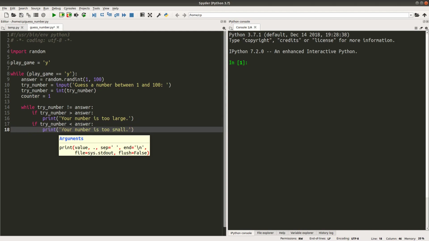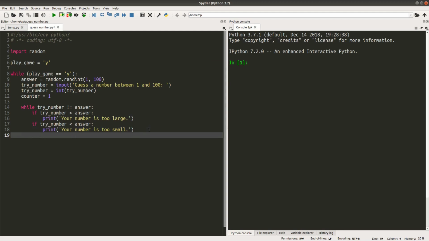On the other hand, if the user input is smaller than the correct answer, it means that the number provided by the user is too small. I will prompt the user to input a larger number by saying that your number is too small. After the prompt, I have to save the value provided by the user again, so I can reset the try number to be another user input.